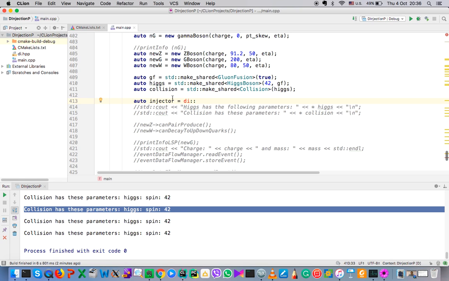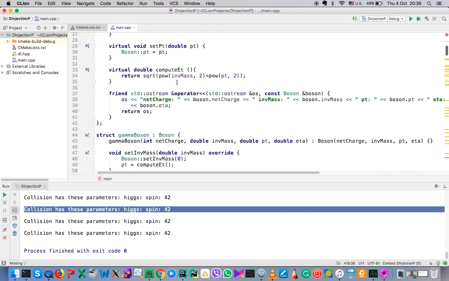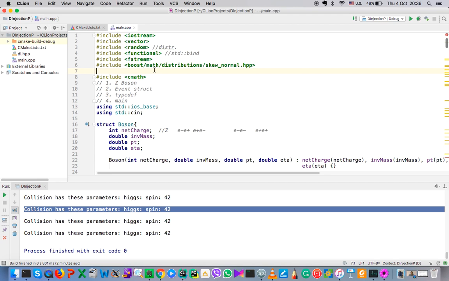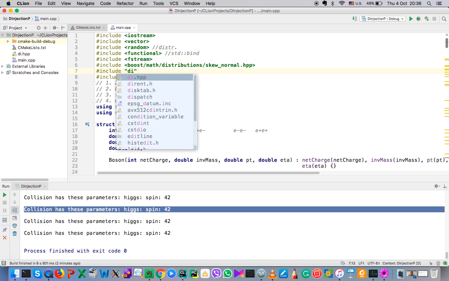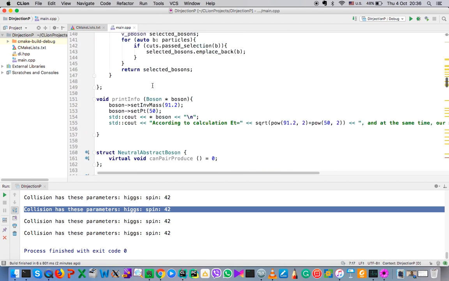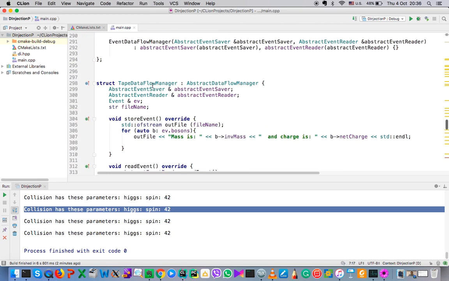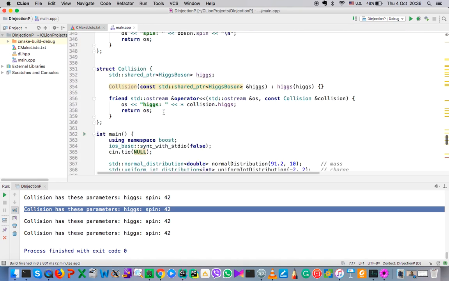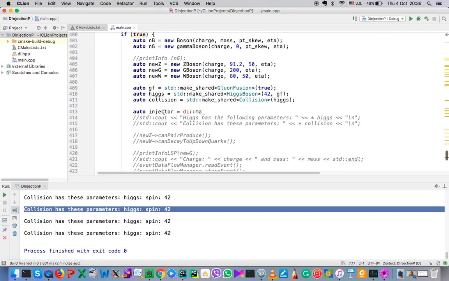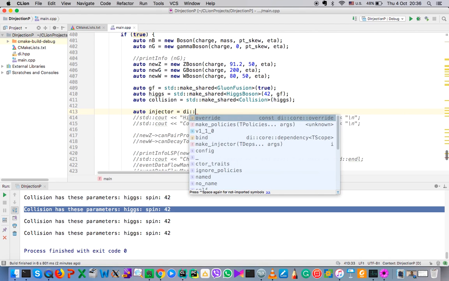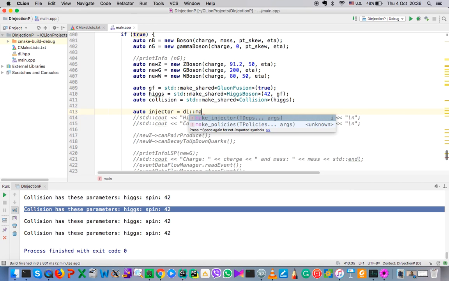Let me see. DI make cannot resolve DI, and of course because we would need to include di.hpp, the one that we just downloaded. So now it should be fine. DI, perfect. DI make_injector,